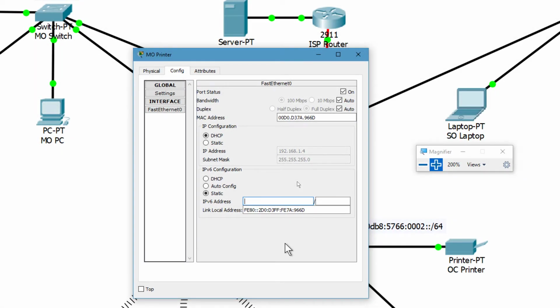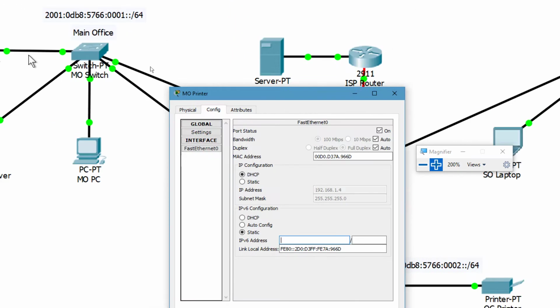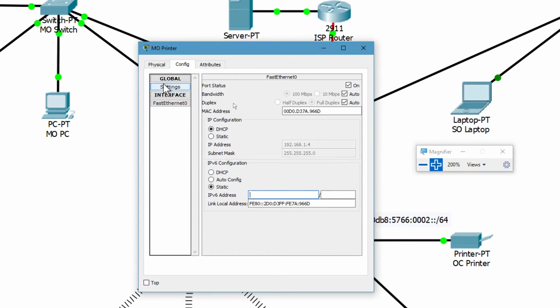So here we are at the main office printer. We are in the configuration page via Packet Tracer. We see the MAC address that we just used up here, and now we are going to add in that IPv6 address we generated. So I'm going to go ahead and press paste, put that in there, and we're going to put a /64